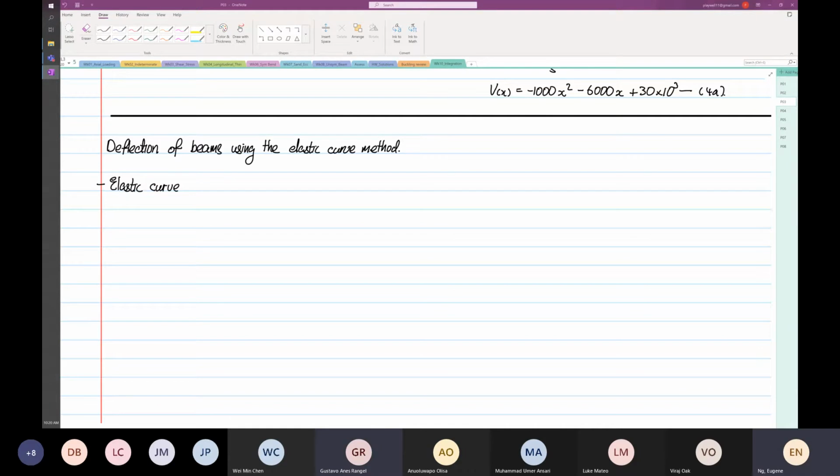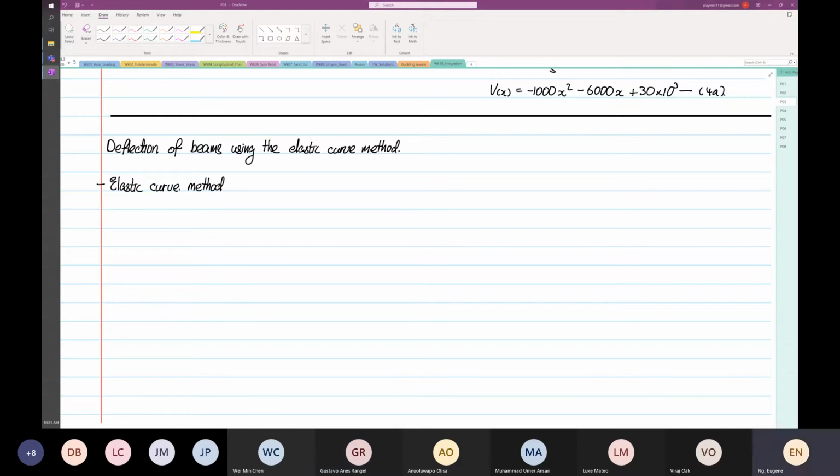Eugene: Yes, sorry for the previous section. Are we also going to have to learn how to do the integration method for curves? Yeah, that's what we're doing now. Okay, so the elastic curve method